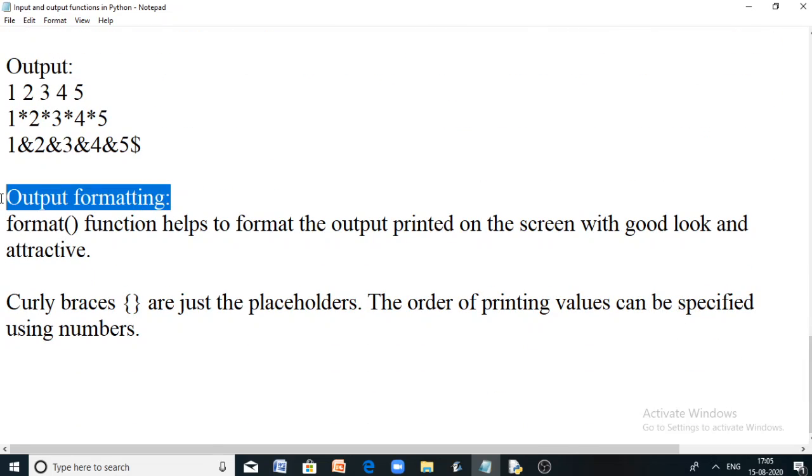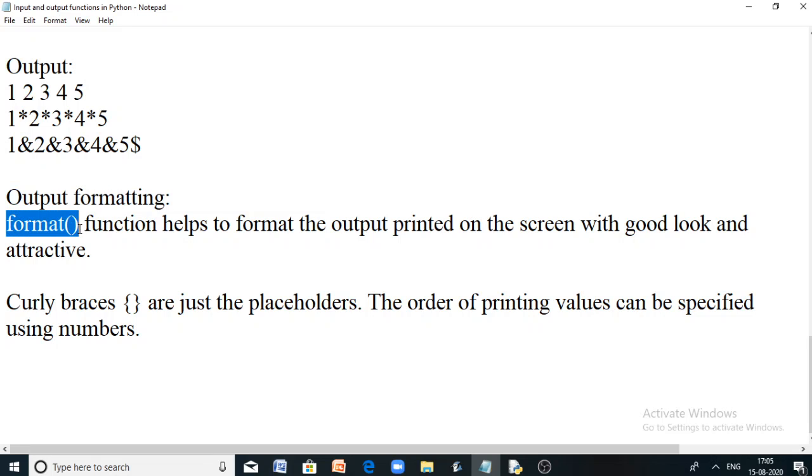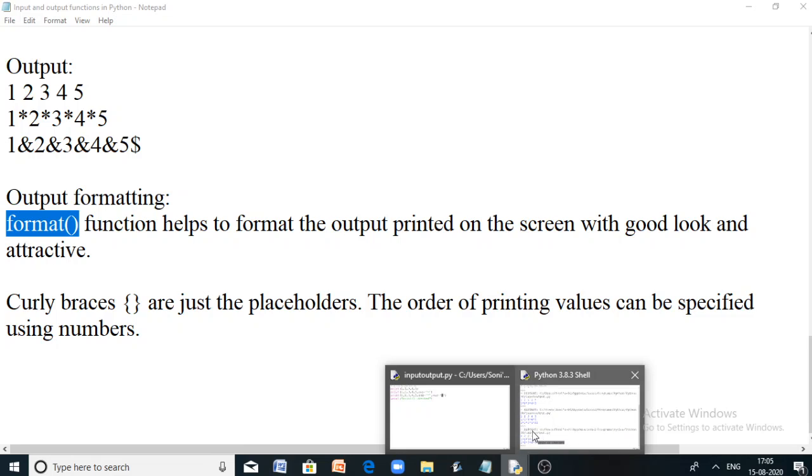Now next one, you can format the output. So now the outputs are really good, right? And you can combine a string and a value of a variable by using comma, right? But still, we can make your output a little more clear by using the placeholders and format function. So we have a predefined format function that makes your output look a little good and attractive, as well as you can print strings a little more efficiently on the screen, right? Let us check. For example,